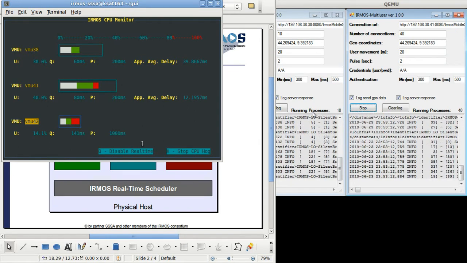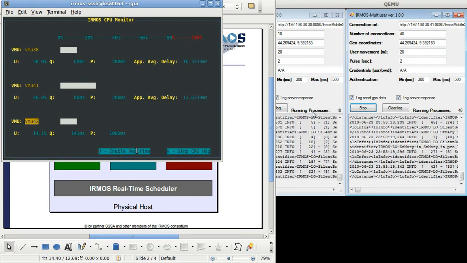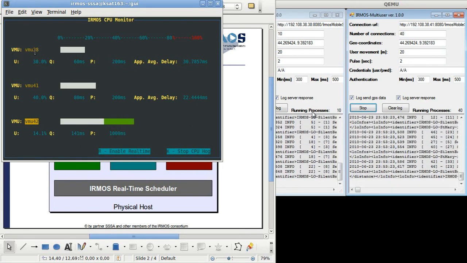Now, what is interesting is, let's see what happens if we disable the real-time scheduling of IRMOS. So let's disable it. Okay, now the virtual machines are being scheduled by the standard Linux scheduling policy.